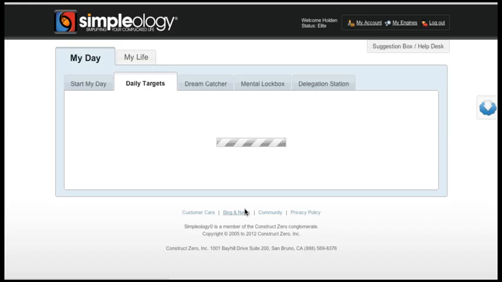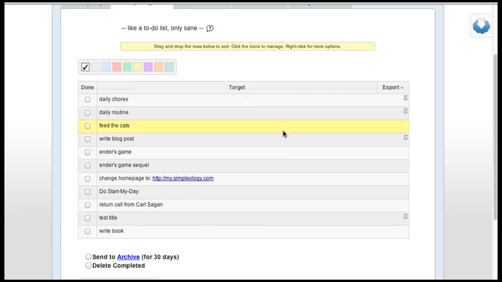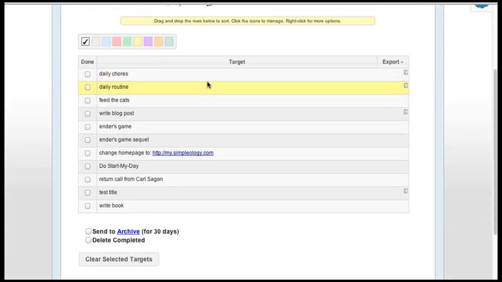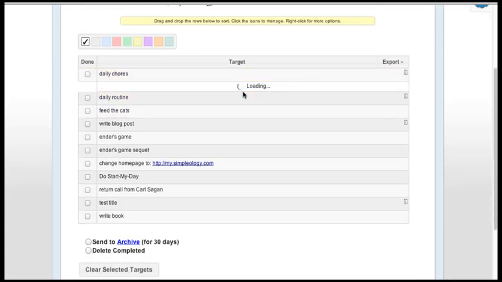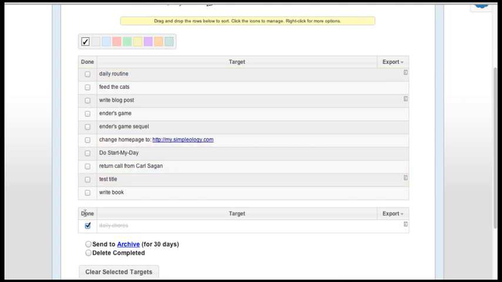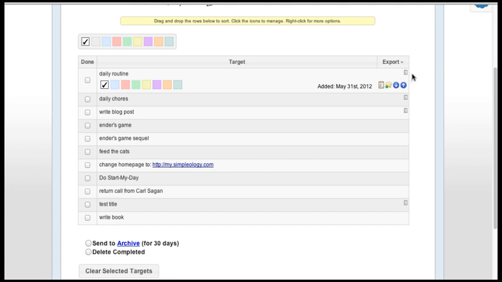And then we go over here to daily targets, and you'll see that these recurring tasks are now part of this particular list of daily targets that we have. So you'll notice here that daily chores has subtasks in it. We could, if we wanted to, manage it this way, or we have feed the cats here separately. Again, totally your option to manage all of this stuff as you see fit. Now you could mark all of this as done, or you could undo it, and you could just mark these,